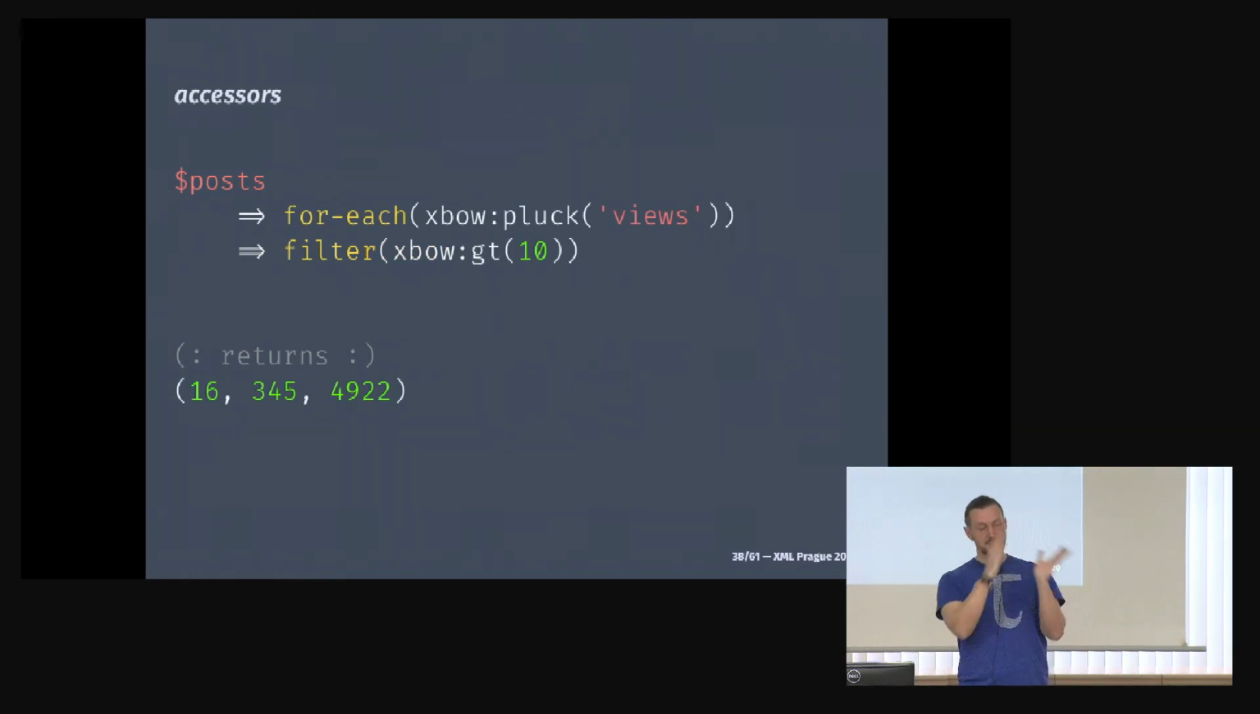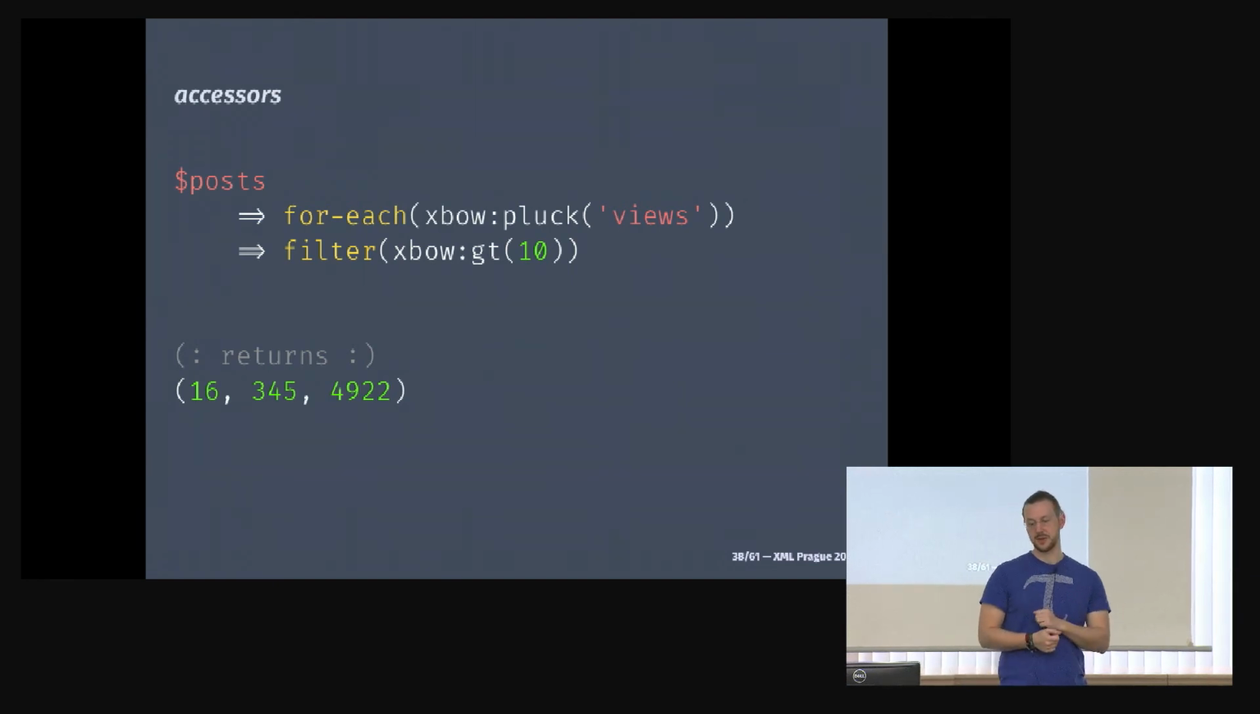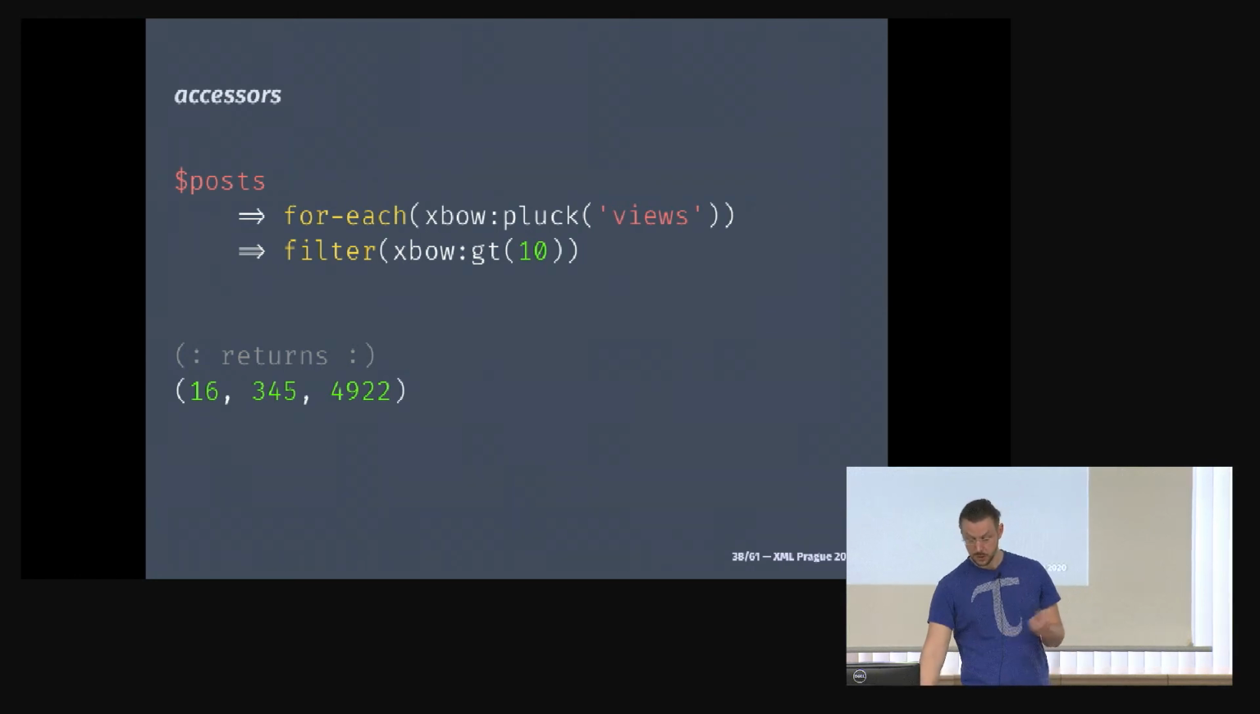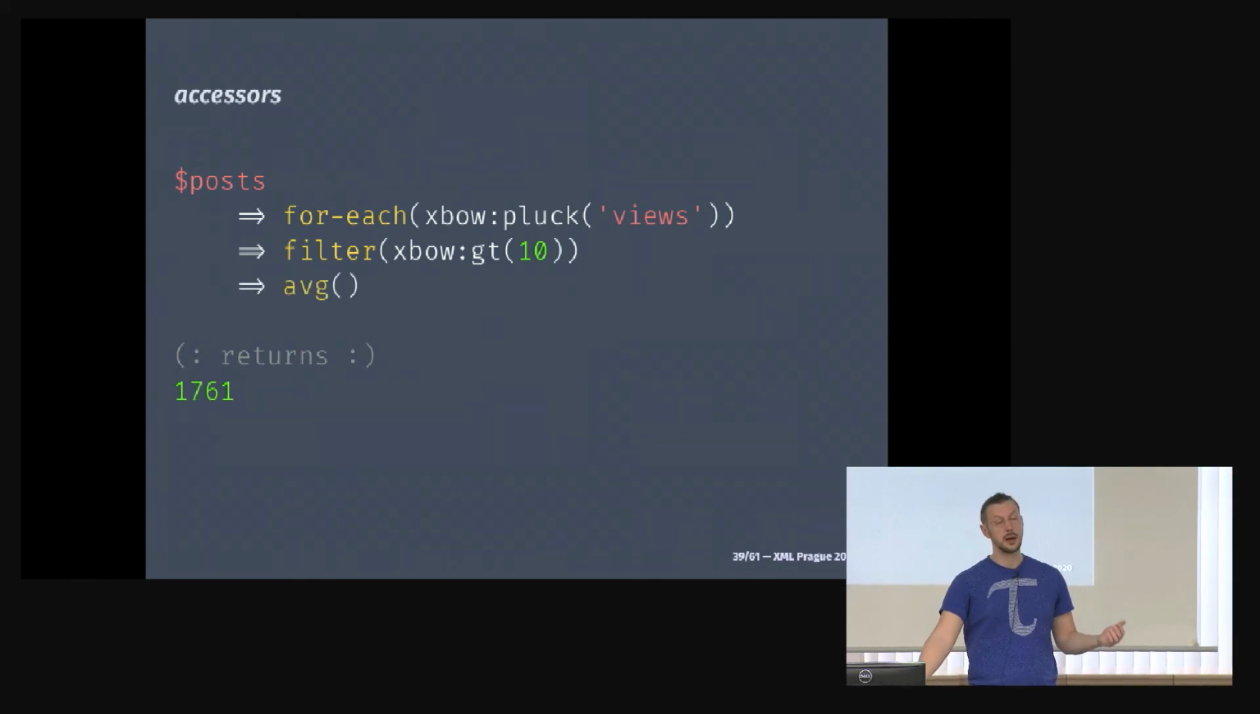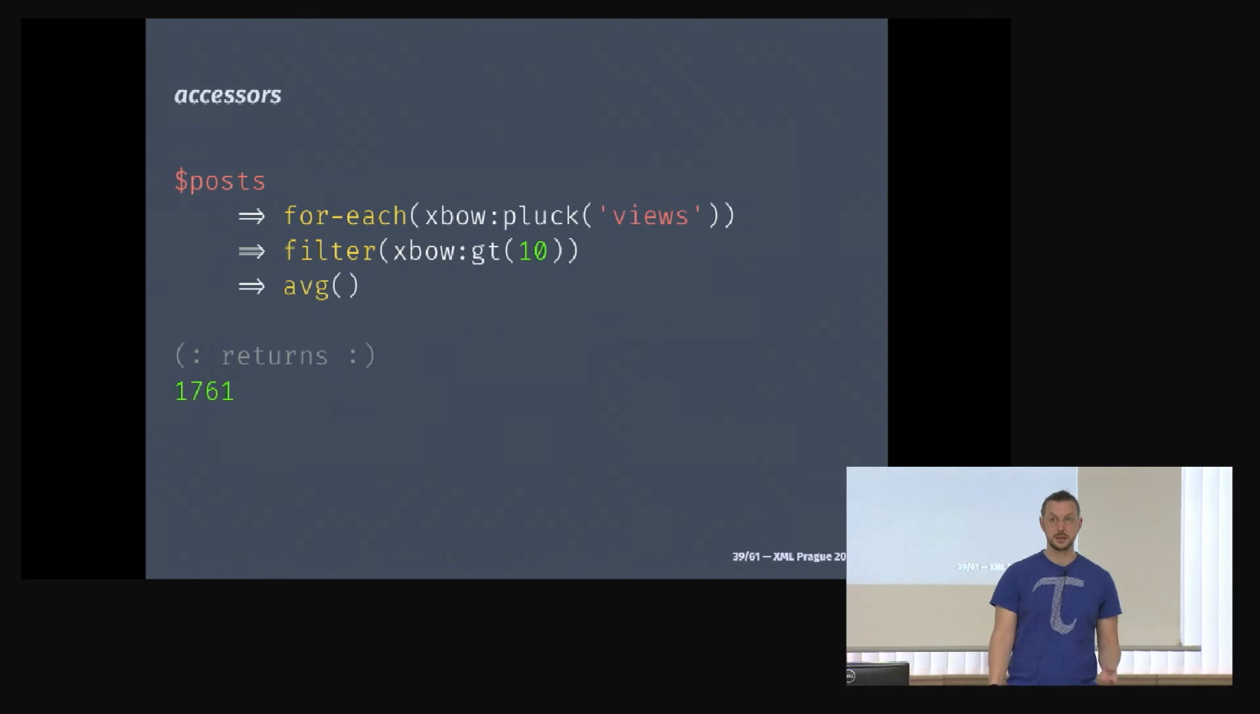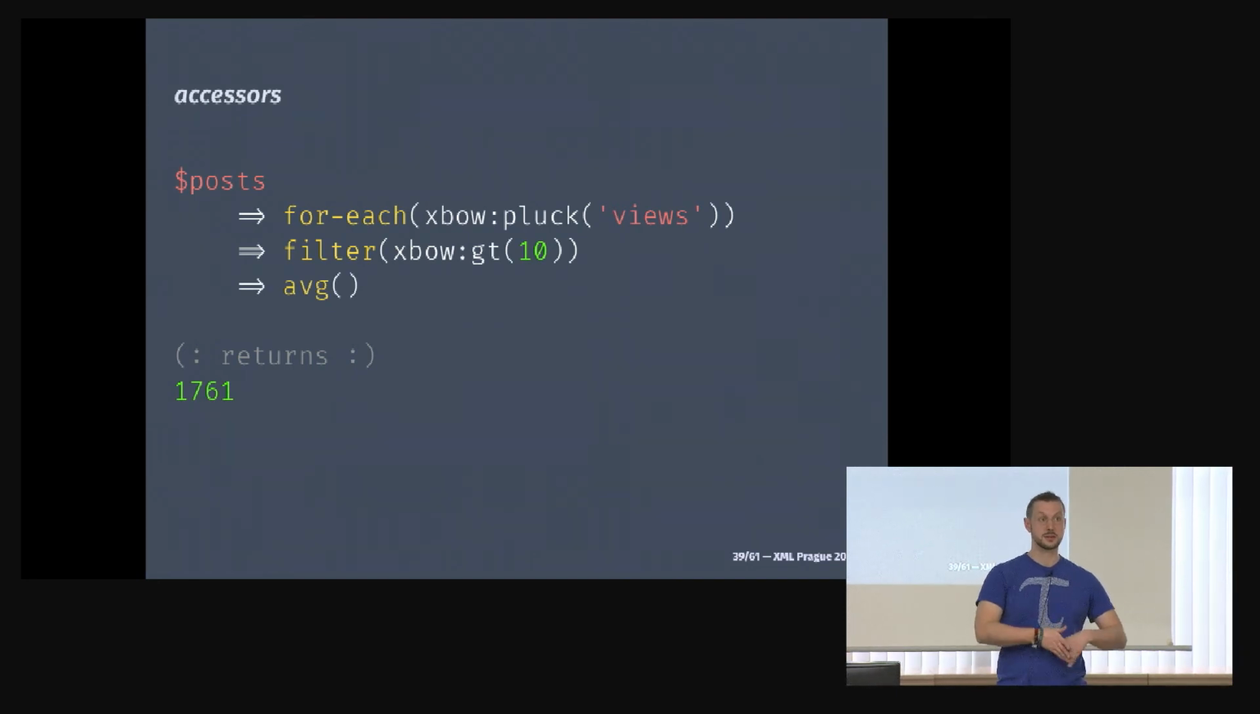I have my posts. Now I iterate over them to get all the views, and I filter out the ones that are greater than 10, that have more views. The good ones, right? And I get back my sequence. And it's cool. Now I can do an average and I see which of my successful posts has in average